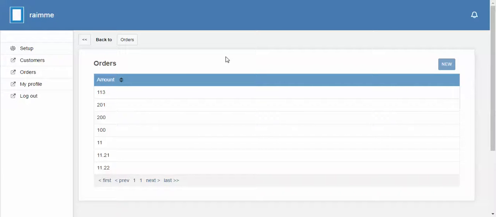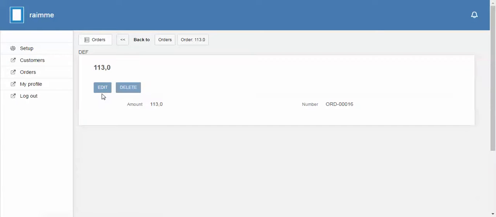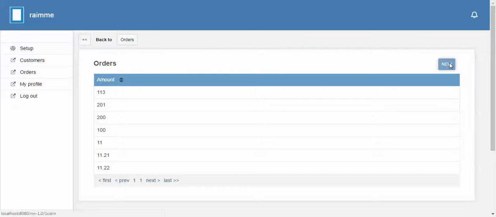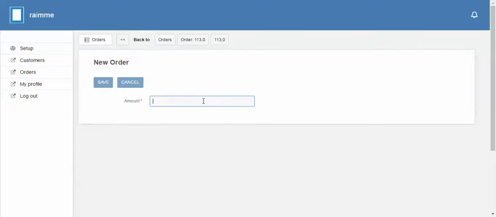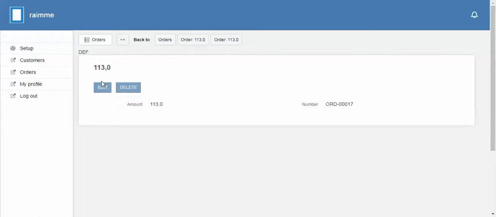Here we have our app. We have the list of orders. You can drill down to the details of every order. You can create a new order. Let's create an order with amount 300. The order has been created,